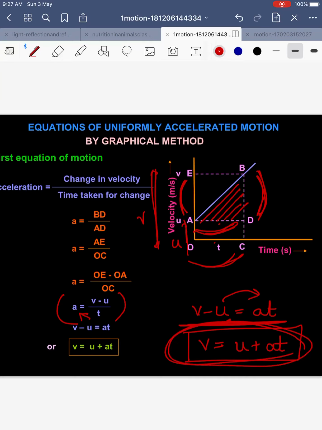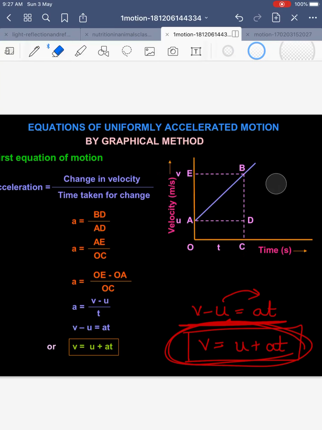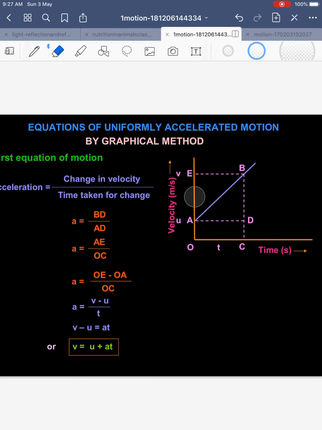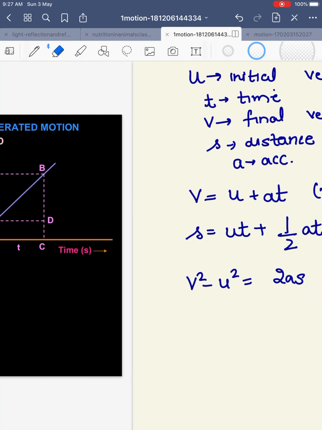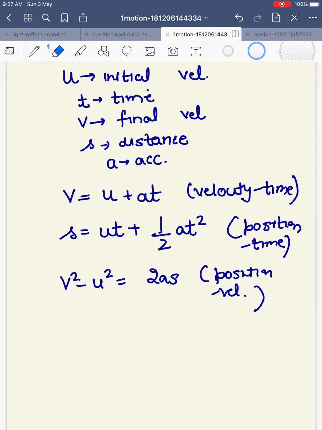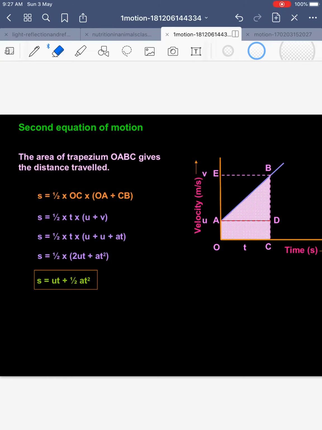Now for deriving the second equation, we will be using the same graph. Suppose you get to derive first and second equation of motion in exam. So you will be drawing the graph only once, and using that same graph we will be deriving both the equations. Okay, so our next is second equation of motion, that is S is ut plus half at square. So they have solved it here a bit different. I will be doing the same method which we have done in our notes and also in our book.